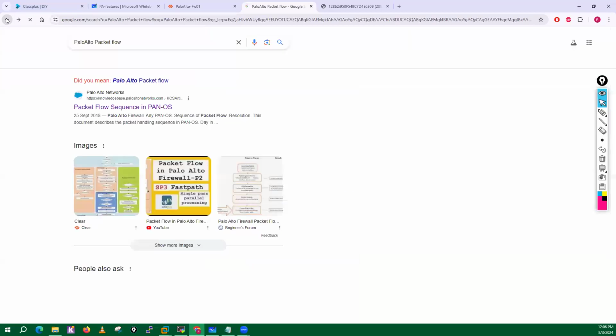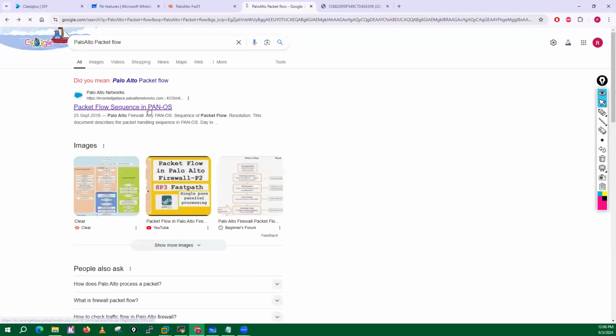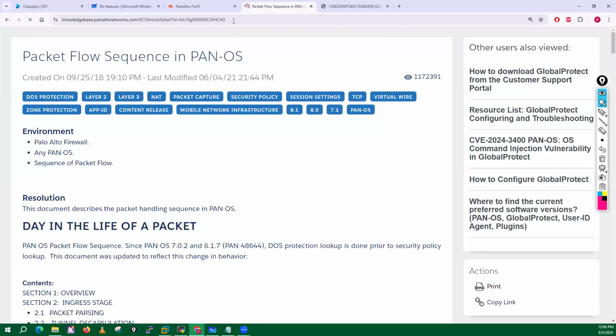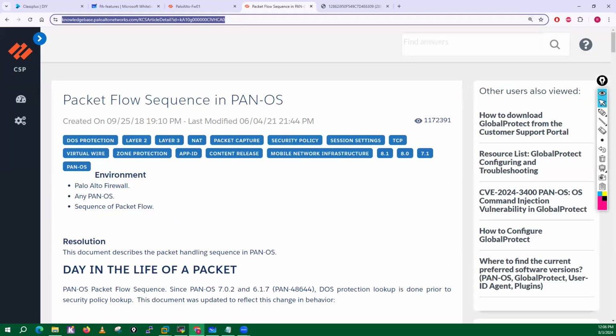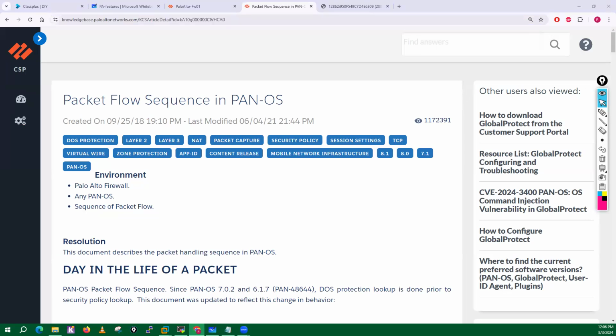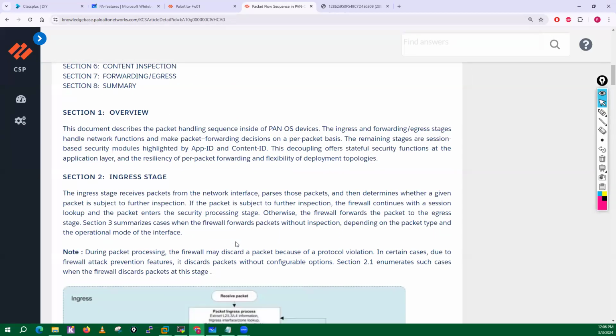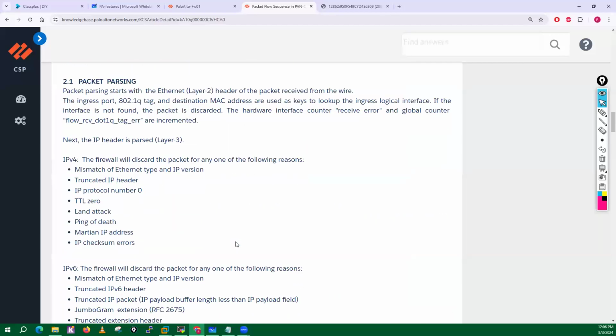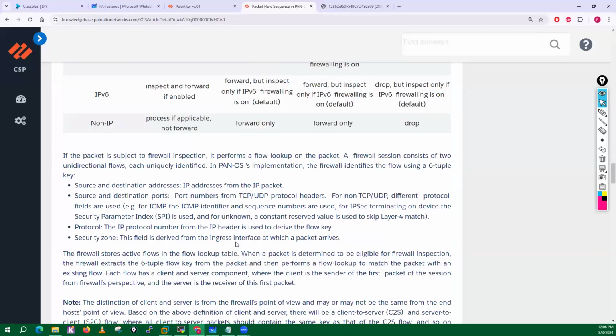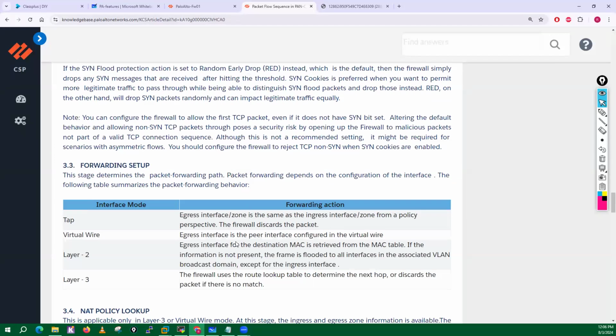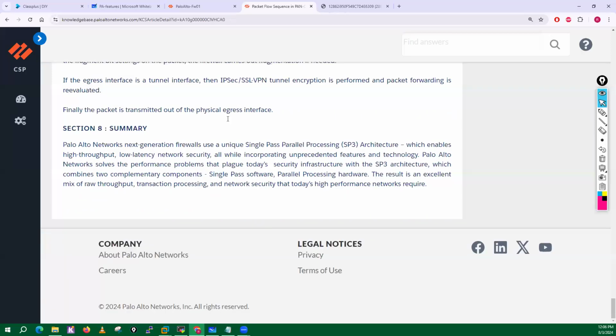And remember one more thing, before you come to tomorrow's class, read this particular architecture. Read this particular document, Palo Alto packet processing sequence in PAN-OS, properly. Otherwise, you will not understand the things for tomorrow. Read through it, because I'm going to explain each and every step. But see, this document they have released